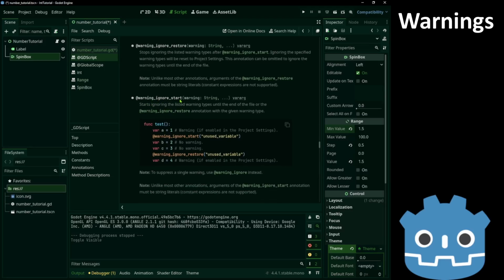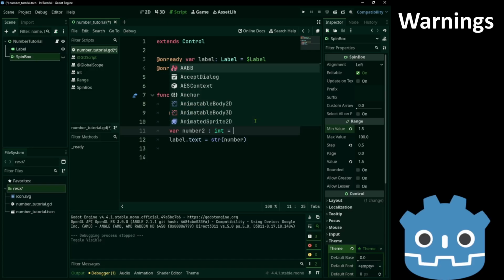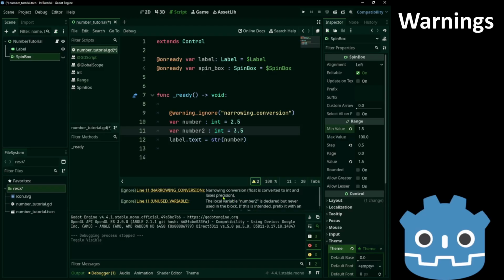We can also use ignore start. For example, let's add another command. Now we get the warning again. We also have unused variable, so let's fix that real quick.